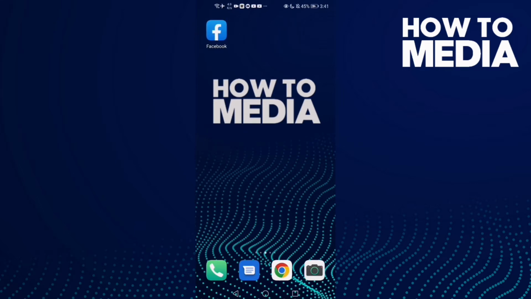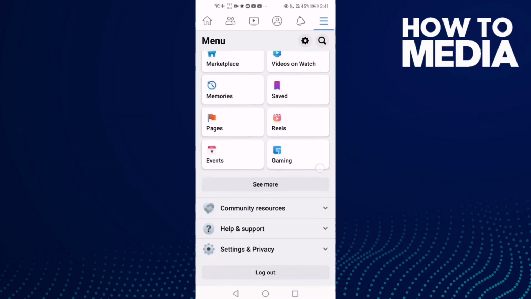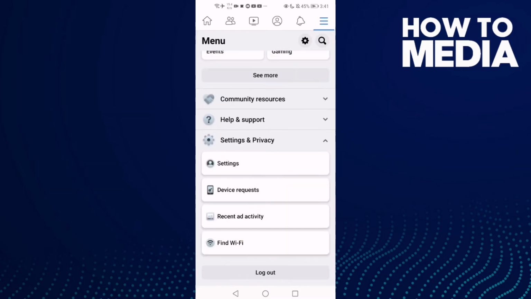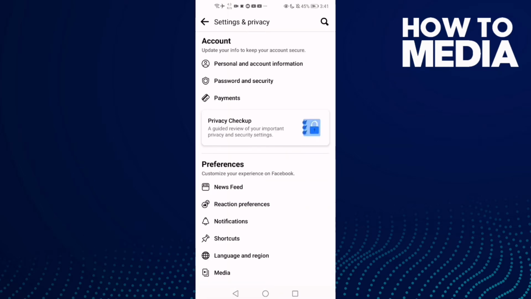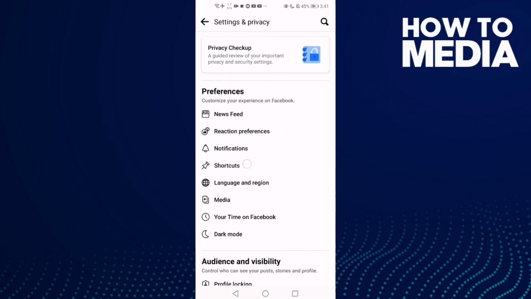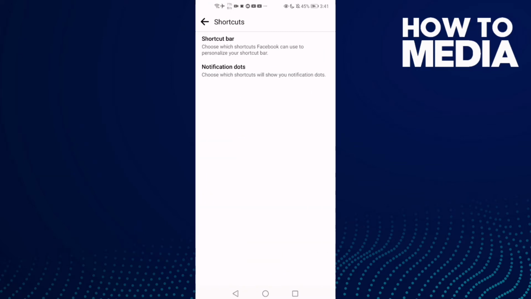First thing we're gonna do is go to Facebook and then click these three lines here, and now go down and click settings and privacy, and then click settings, and now go down and click shortcuts. This one, click on it, and then click notification dots,